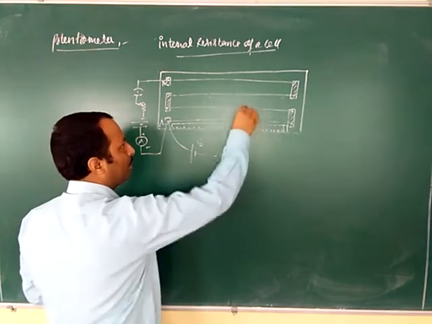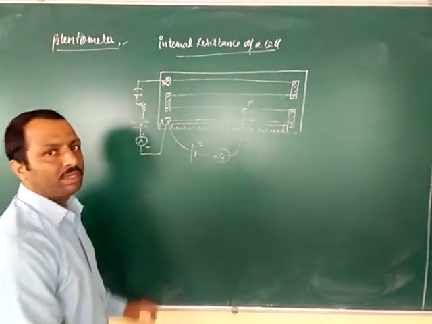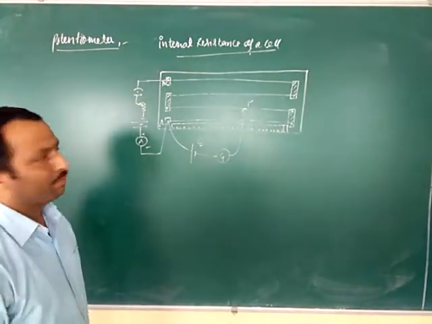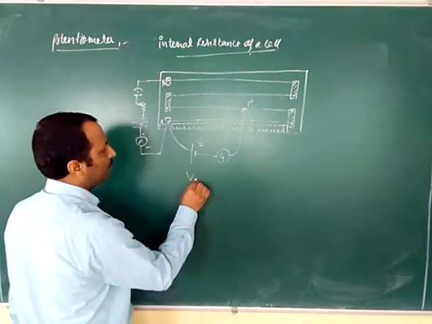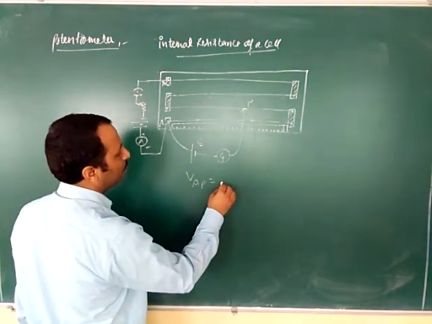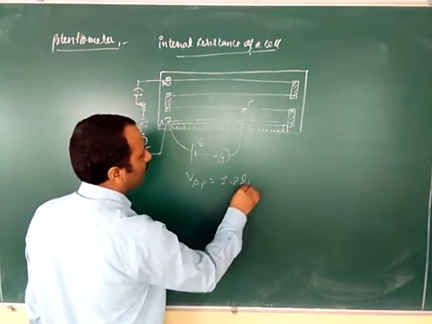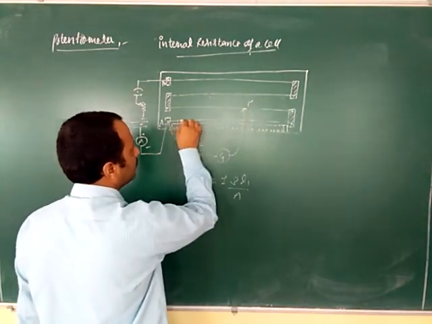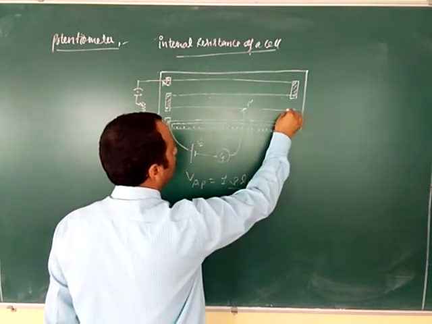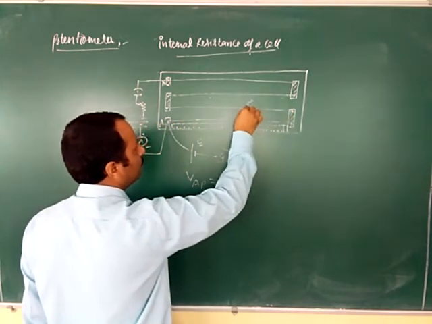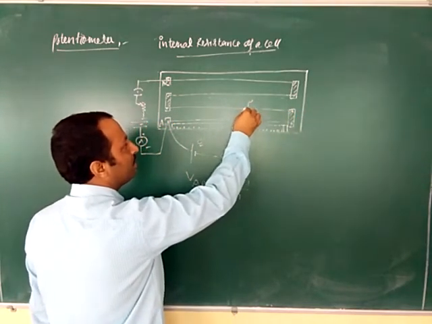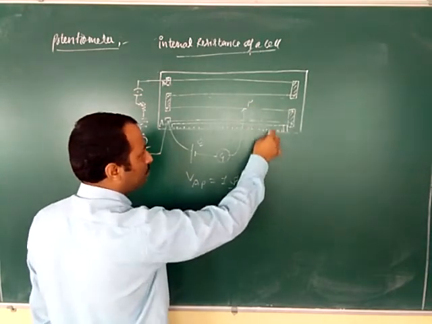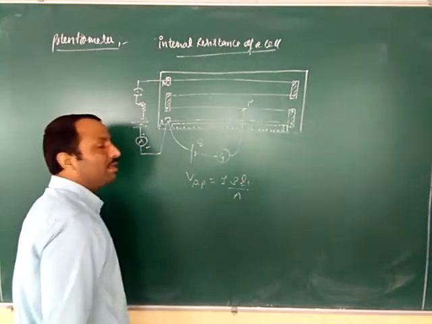So suppose at the point P we have found the null point. Here the galvanometer is not showing any deflection. So can we say that the potential difference at the point A is equal to I rho L1 upon A. How to find the length L1? As I have told you, from here we will start. This is 1 meter and again we will go in this direction. Suppose this comes out to be 40 centimeter or 50 centimeter, then we will note the 140 centimeter to be the length. So this length can be calculated.